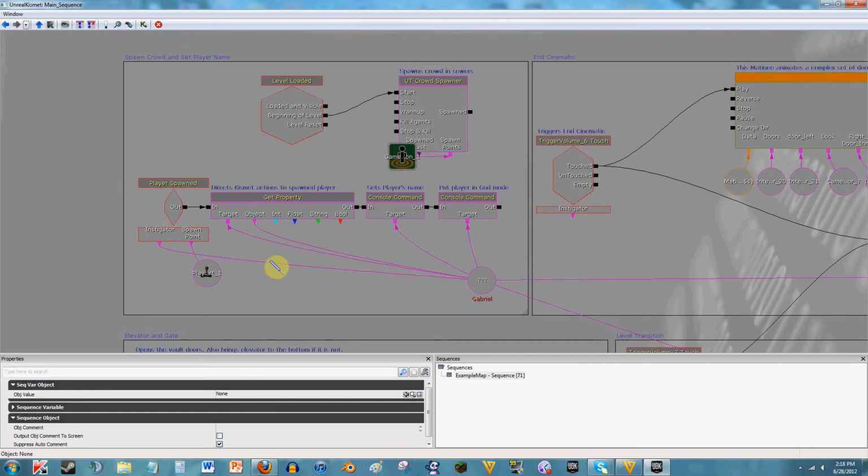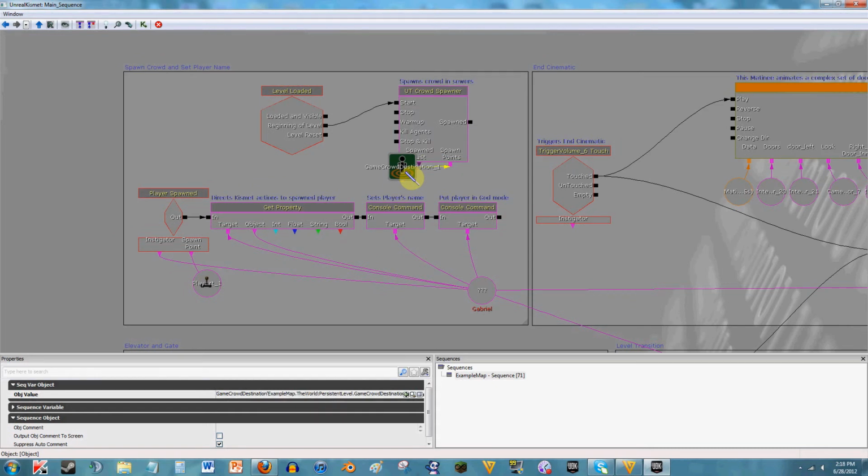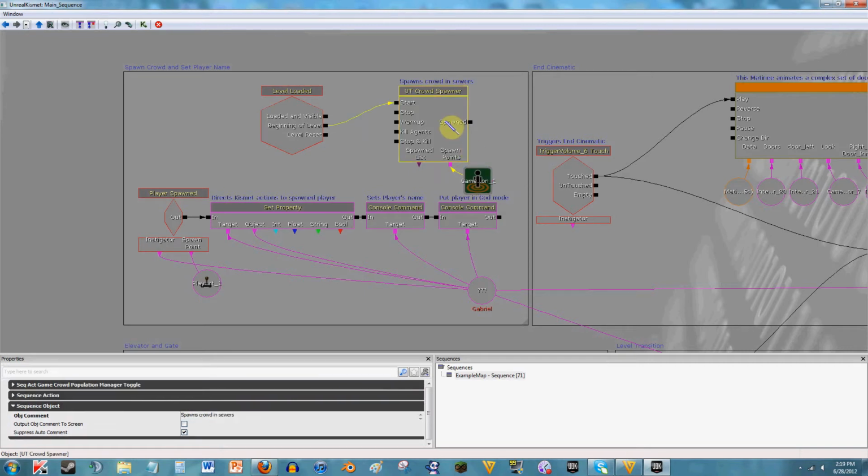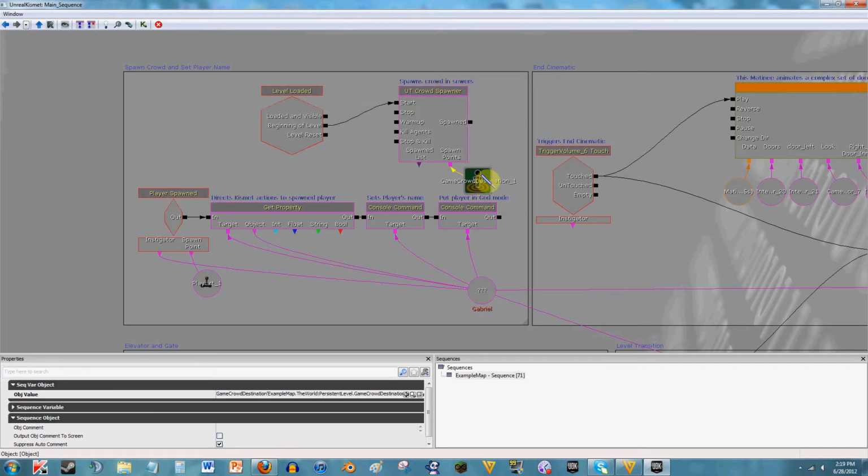So you've got when the player is spawned, something that happens, and when the level is loaded, something that happens. At the very beginning of the level, it's going to start spawning this. This is a crowd spawner factory type thing, and this is the destination of where they would be